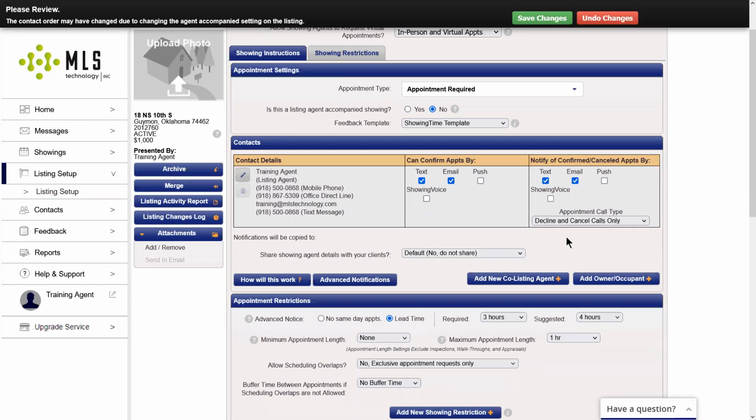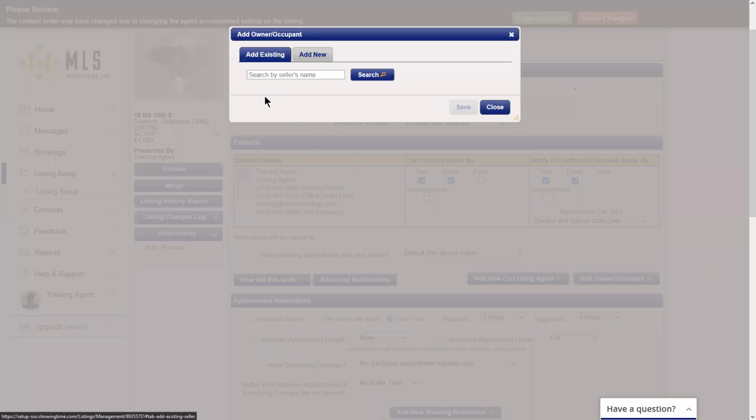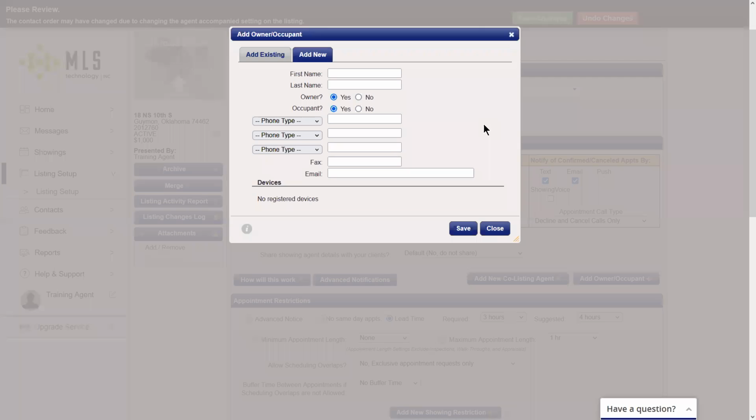All right. Next, I wanted to point out, again, this was all related to me. If I do want the owner to be the one that does the approvals, there's an option down here at the right for add owner/occupant. You do have the option to add somebody that you've already worked with. If you guys have investors, this is great. Otherwise, you're going to have to use this add new option. So again, add owner, add new, put in